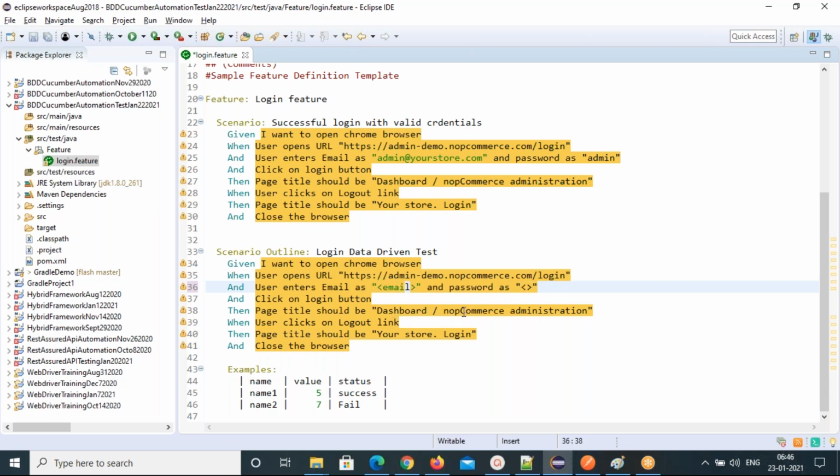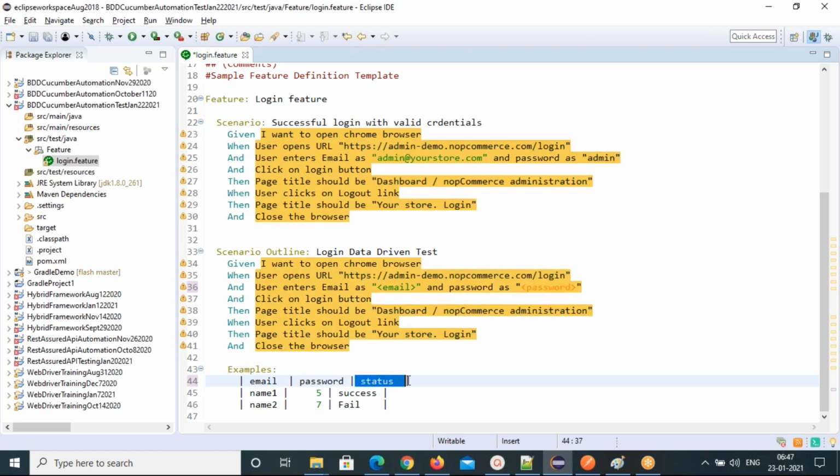I can give email, and this one is password. You have to give the same name. So whatever you have given here, the placeholders and these parameter names will come here: email and password.